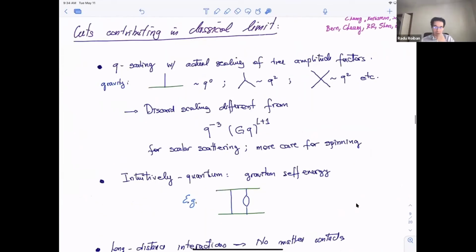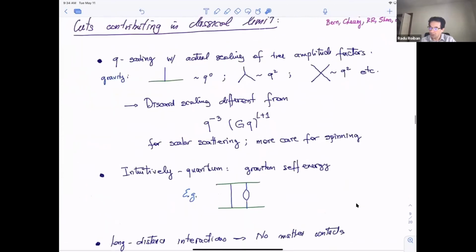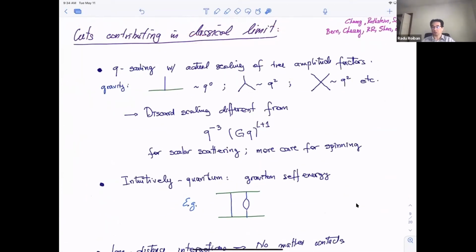All right. Now, as I was saying, we want to enforce the classical limit as early as possible, and that is already at the level of drawing and evaluating the cuts. So for that, we of course use the classical scaling with the momentum transfer that we want. And for that, it's useful to have tree-level amplitudes that have exactly the same Q scaling, that is momentum transfer scaling, as those of Feynman diagrams. That is, a coupling of matter with a graviton scales like Q to the 0, and the 3-graviton vertex scales like Q squared. That's just because there are 2 graviton momenta in here. And the same for 4-point gravitons and so on. So with this scaling, one just looks at cuts and discards everything that does not have this scaling at